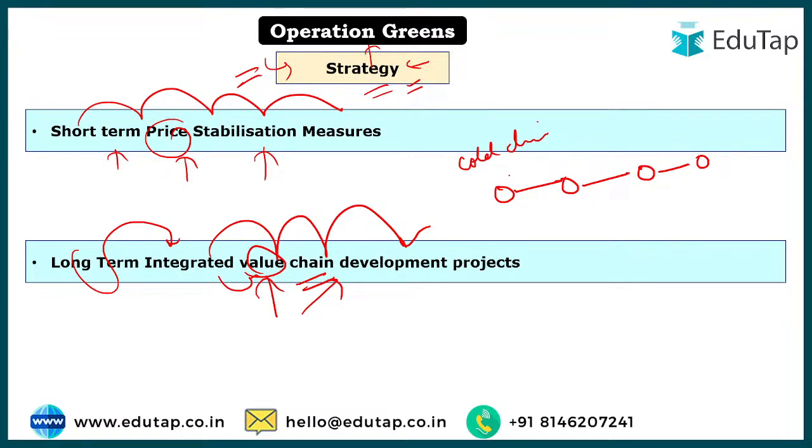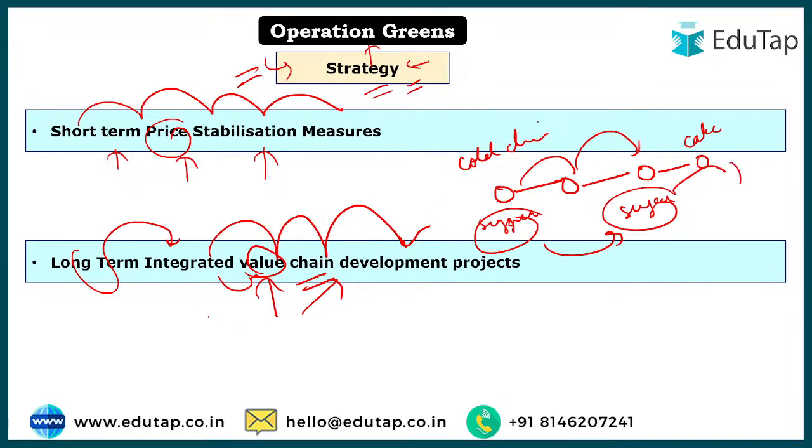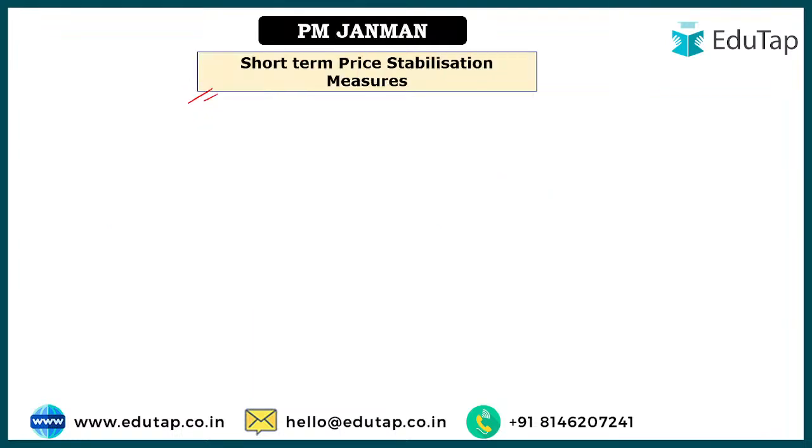So integrated value chain, what does it mean? It means, for example, again, you are making a cake, right? For that there was a sugar, right? So sugar cane, okay, from sugar cane first sugar was made, right? From that sugar then another thing was made. Maybe you have utilized the sugar for bura or other forms that exist of sugar, and then you are selling that to market. Now imagine for yourself what is the price of sugar cane and what is the price of a sugar. You would observe a huge difference. This is known as value chain, right? Integrated value chain, where you have added some value and then you have sold it to the consumer or customer. All right, so this is a long chain where different infrastructure facility is required. So this is the long-term strategy that the government wants to have.